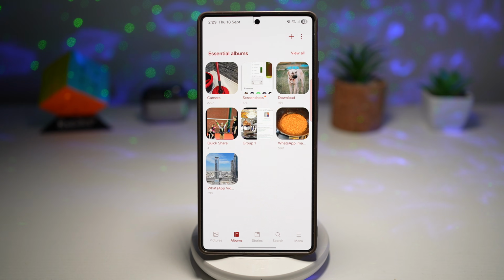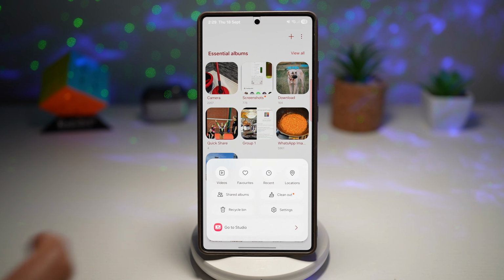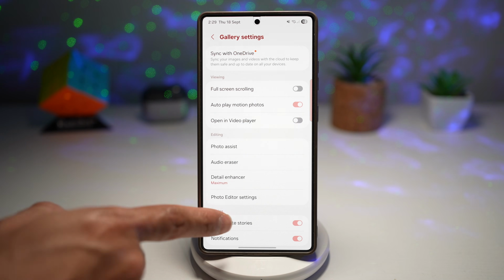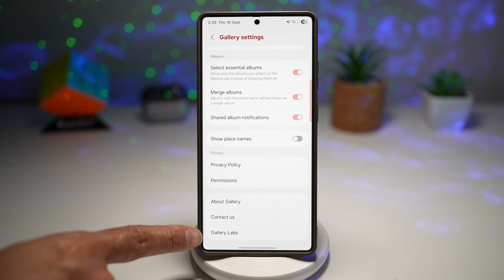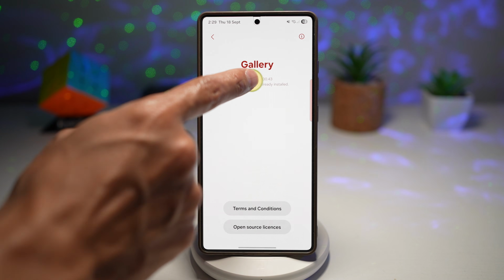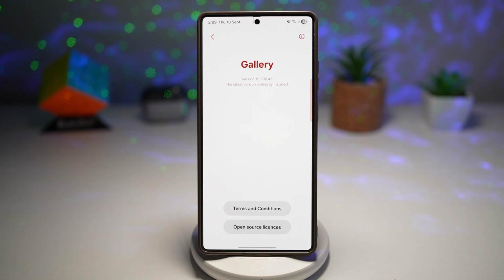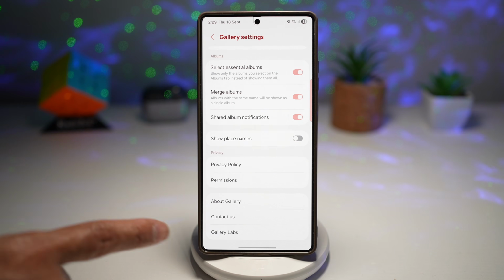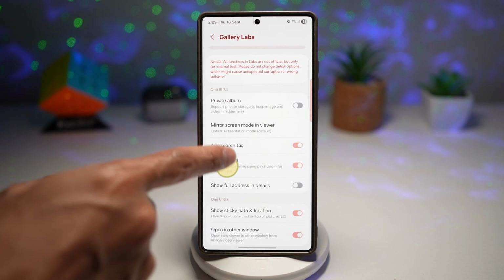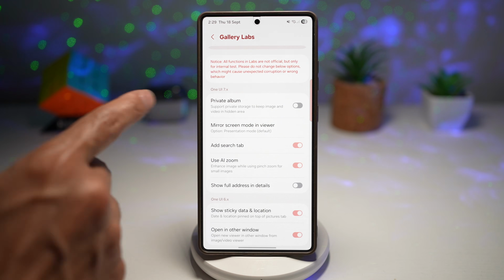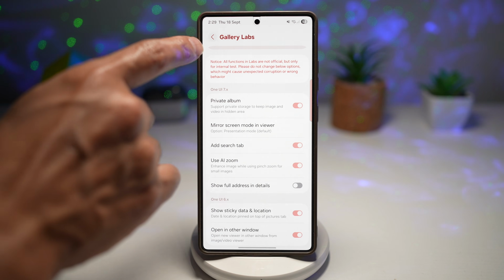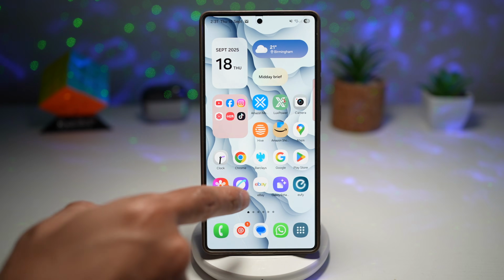So tap on Gallery, next tap on Menu, and here tap on Settings. Now here you need to go and scroll down and find Gallery Labs. Now if you don't see it, tap on About Gallery, tap multiple times until you get a message saying Gallery Labs has been enabled. So this is a secret menu. Tap on it, turn the menu on, and then here find Private Albums and go ahead and turn this feature on. Now go back. Now next, go ahead and close Gallery,